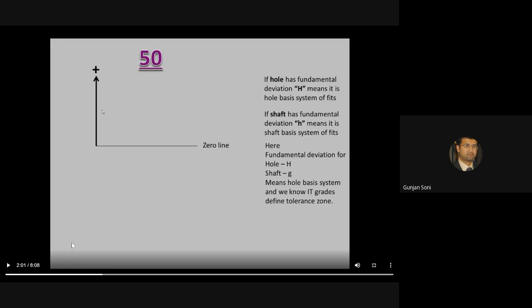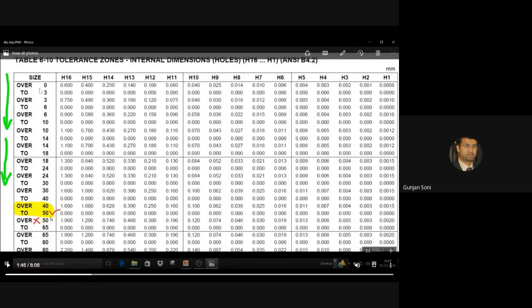Now look at this table over here. See here, it is starting with 0. So 0 is actually not possible, so you have to make a decision over here. If it starts with 1, that means the left-hand side will be considered. If it starts with 0, then the right side will be considered. So in this particular table, we are starting with 50. If it is 50, the right side, or you can say the higher one, is considered inclusive, and the next one is not included.